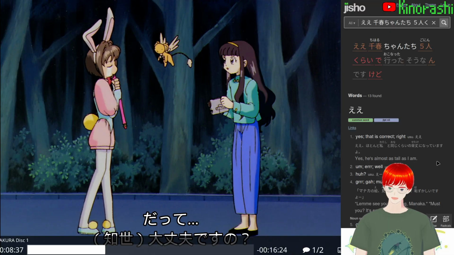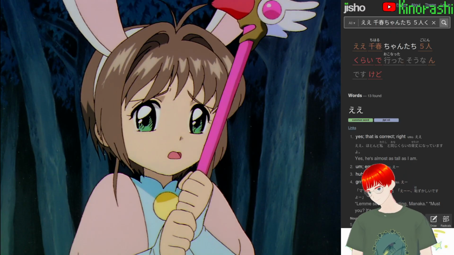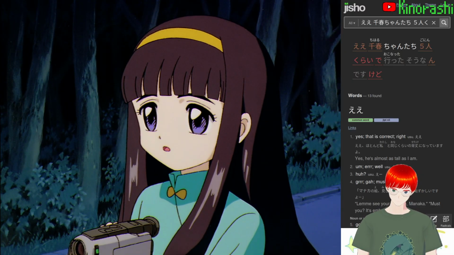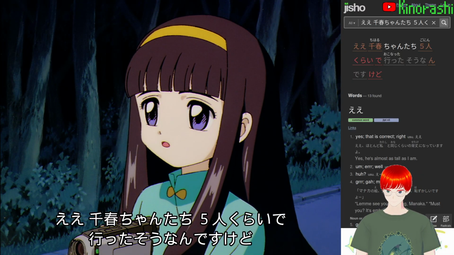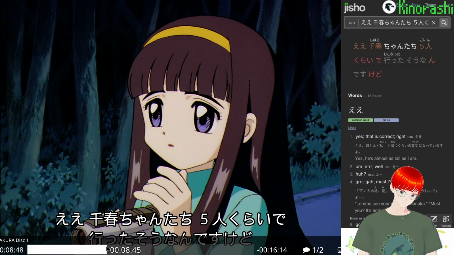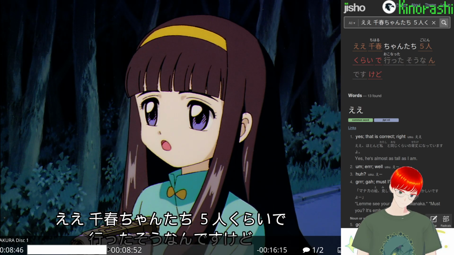だって大丈夫ですの？大丈夫じゃないけど怪我した子もいたんでしょ？ええ、千春ちゃんたち5人くらいで行ったそうなんですけど。ちゃんたち5人くらいで行ったそうなんですけど。